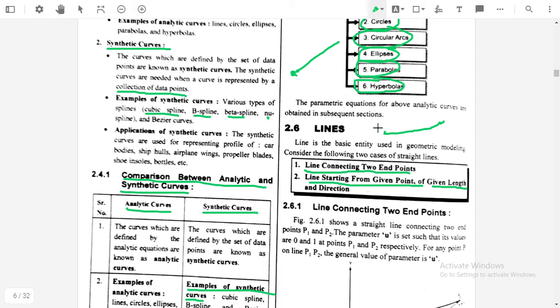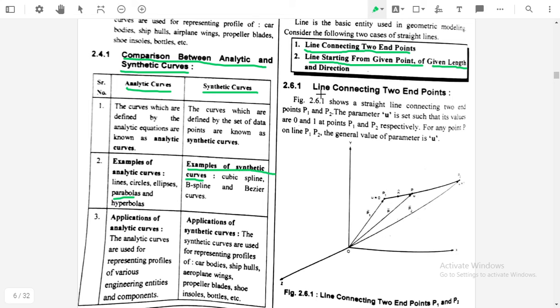Okay, so we will start with the line connecting the two endpoints. Here a coordinate system is given: x, y and z. P1 is the starting point of the line and P2 is the end point of the line, and here U